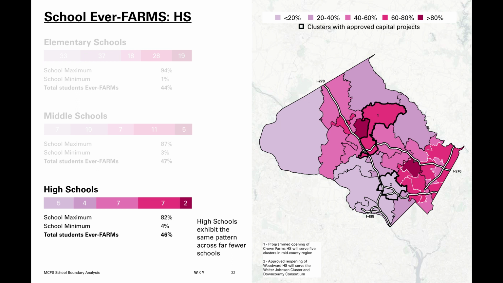As we look at each of these county-wide maps, it's also important to compare the adjacencies of the ratio of colors. With the lighter lilac representing schools with very low Fver-FARMS percentages, and the darker maroon representing schools with very high Fver-FARMS percentages. And we see in every case schools with very low Fver-FARMS percentages located directly next to schools with very high Fver-FARMS percentages. That means schools in the same neighborhood or in adjacent neighborhoods are concentrating low-income students in one place.